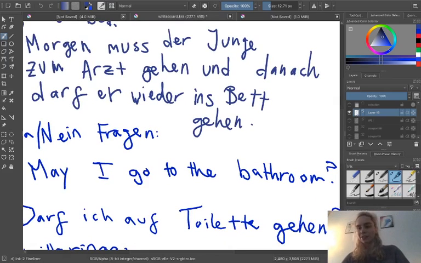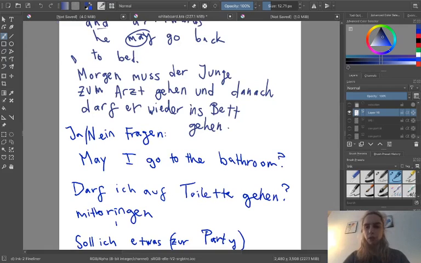So one caveat to our rule with the conjugative